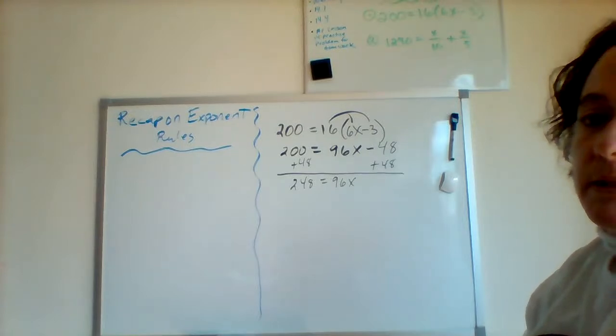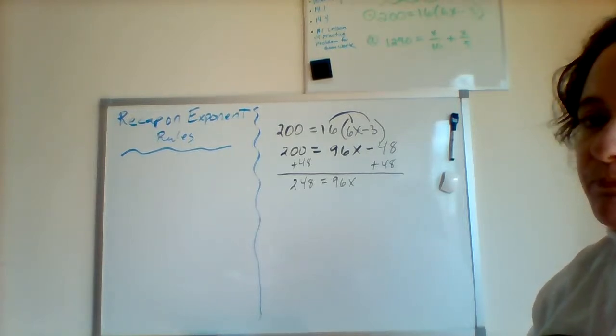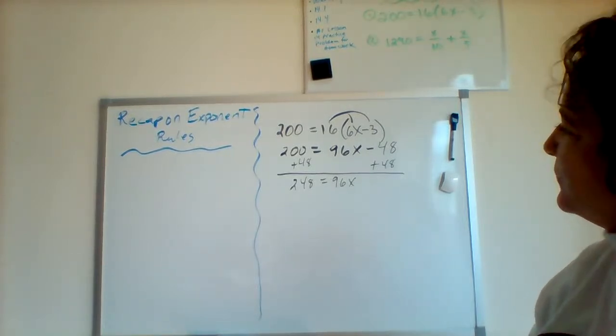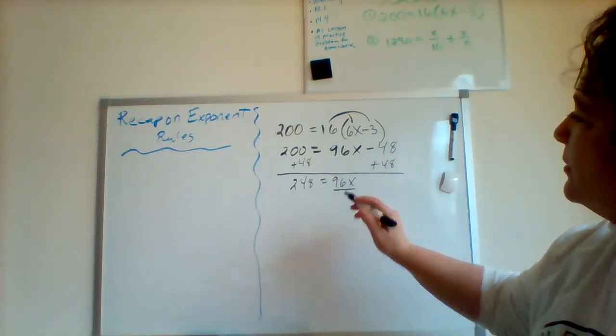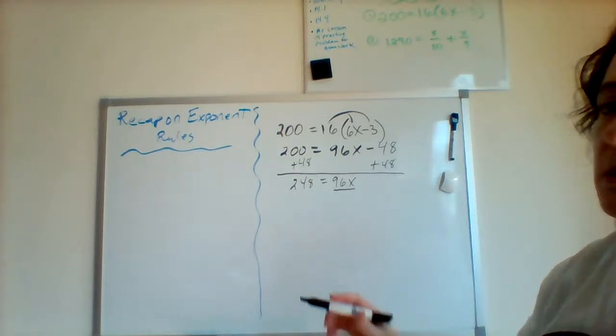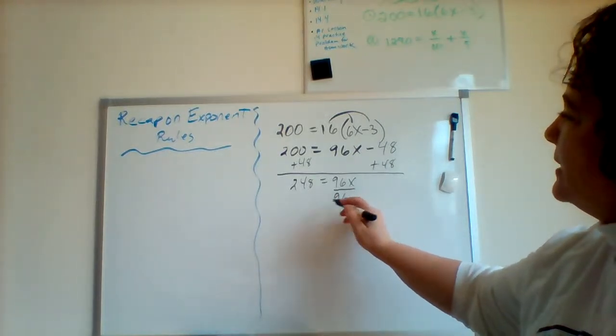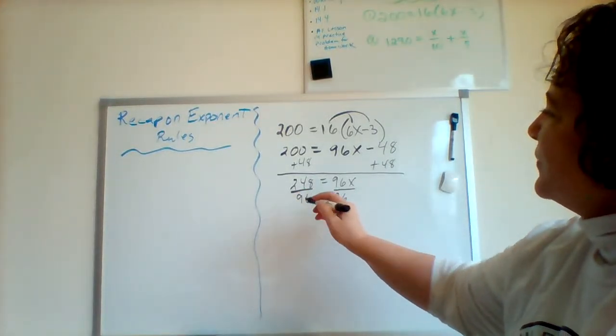And then next step. Next step, opposite or inverse of multiplication is to divide. So you should tell me divide by 96. Now,